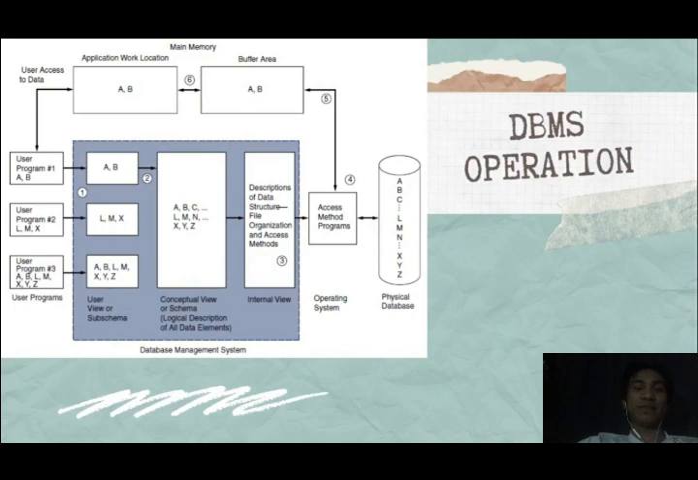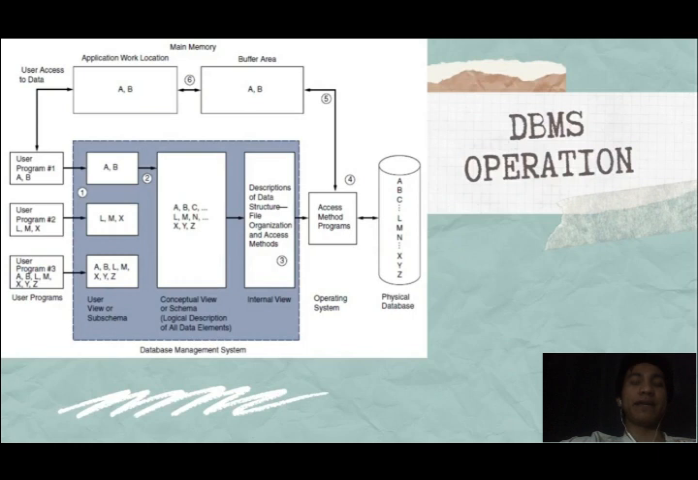Step 3. The database management system determines the data structure parameters from the internal view and then passes them to the operating system. So this operating system performs the actual data retrieval. Data structure parameters describe the organization and access method for retrieving the requested data. Step 4. Using the appropriate access method, the operating system interacts with the disk storage device to retrieve the data